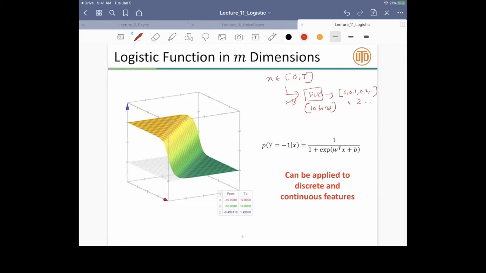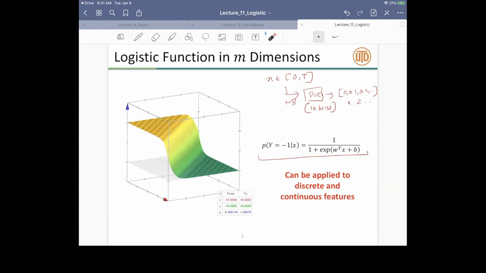But in the case of logistic regression, we can directly apply this on P of y given x. So we don't require separately a binning or discretization here. I can directly apply W transpose X, whether it's a categorical feature or a continuous feature. One thing that typically is done in the case of categorical features is something called one-hot encoding, because I convert my categorical into a continuous feature representation.